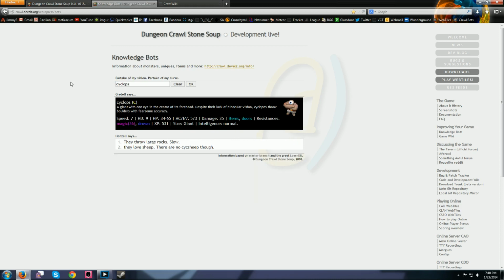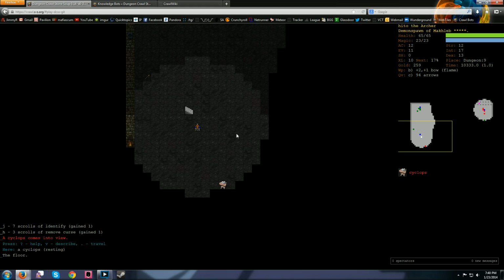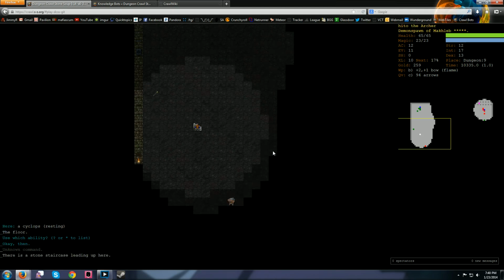They throw large rocks and they're slow, which is good. It'll take him a long time to reach us. But he does 35 damage. Okay, and let's look at large rock. It does 20. So 20, 35. He can't quite kill us in one hit, but goddamn, he could kill us in two with large rocks. On the one hand, that's really bad that he can kill us that quickly. On the other hand, it would be really hard to completely do this level and just pass the Cyclops by. And we've got the best jump on the Cyclops we can hope for. So I think what we want to do is...